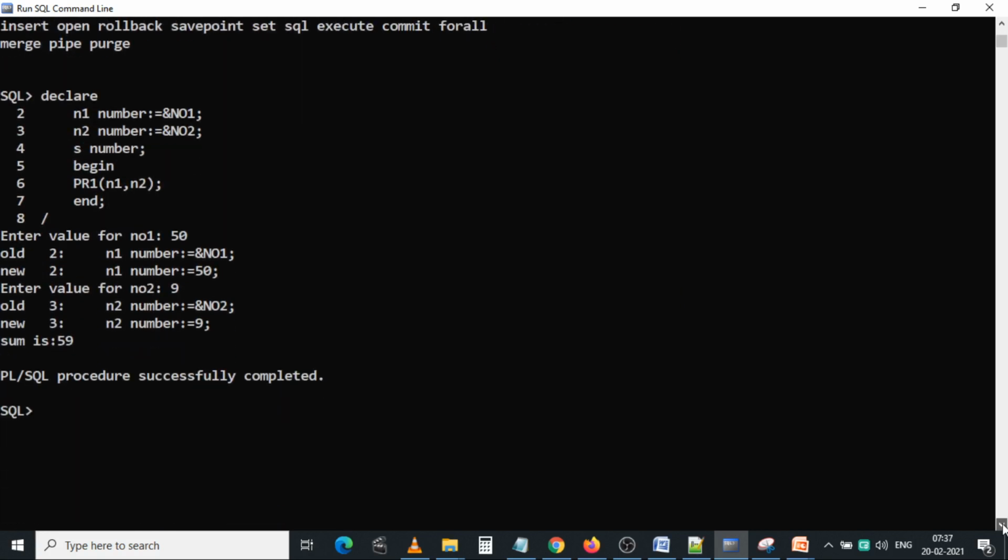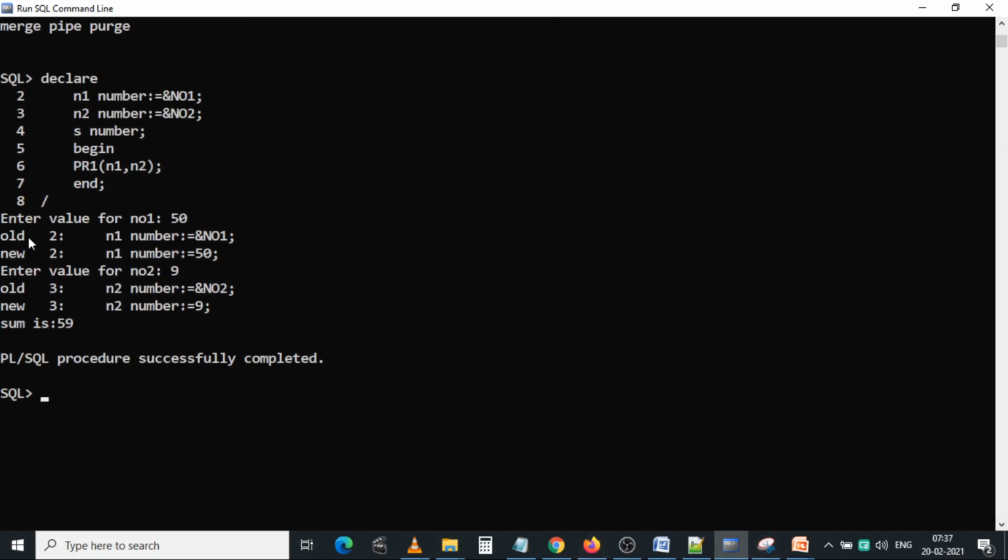Coming to this program, I want to accept two numbers at runtime. S number, begin. Of course, there is no need to mention S number in the main program, because the procedure doesn't return any value to the program. The procedure itself displays the message, the output also.